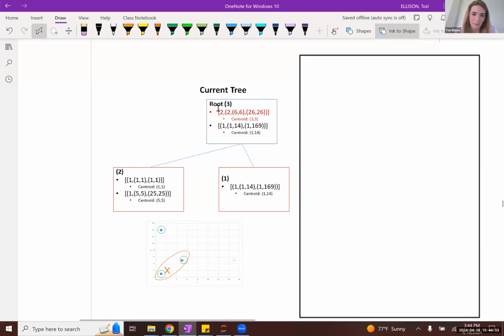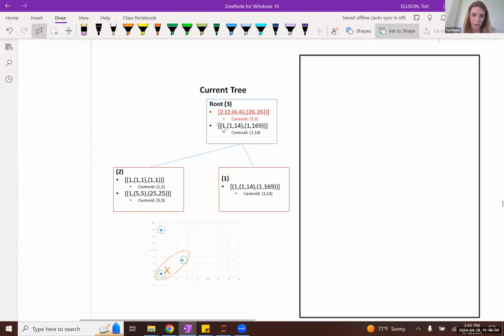And so basically, with just this CF entry, you have everything that you need essentially to calculate all the important pieces of that represented cluster. You can use this, for instance, to calculate the centroid, right? So just take 6, 6, divide it by 2. And similarly, you can also use a little bit of algebra to calculate the diameter of this cluster as well as the radius, if that's what you're using. So basically that's how we would update this CF entry.